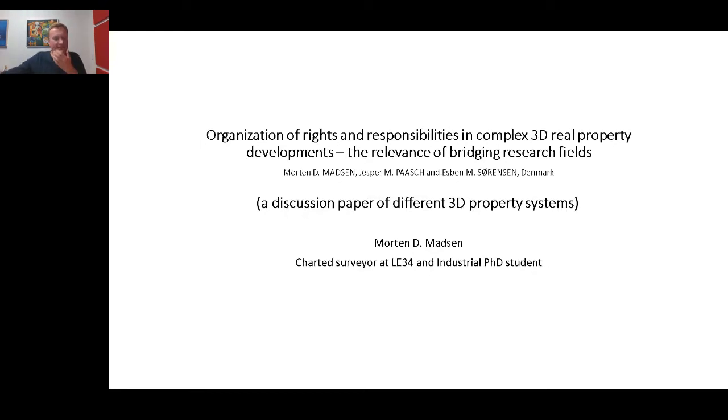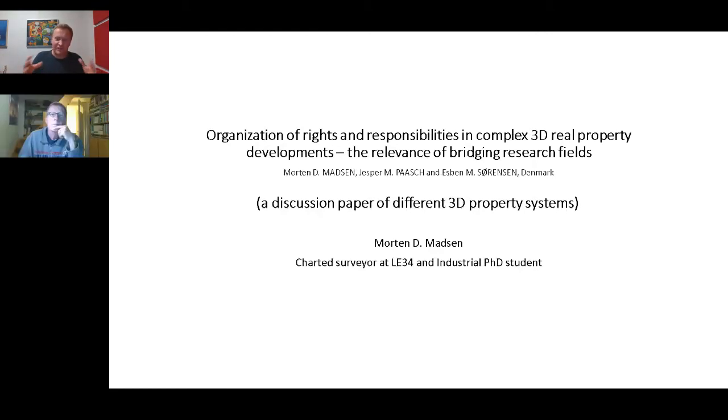So based on this, we propose that there are at least two different systems that have evolved as the building structures in cities have become more mixed in use and complex over the last couple of decades. We have one system that is the traditional condominium system, and then we have another system that is the more modern 3D property system, such as the one we find in Sweden. So the intention of this paper is to discuss these two different 3D property systems.